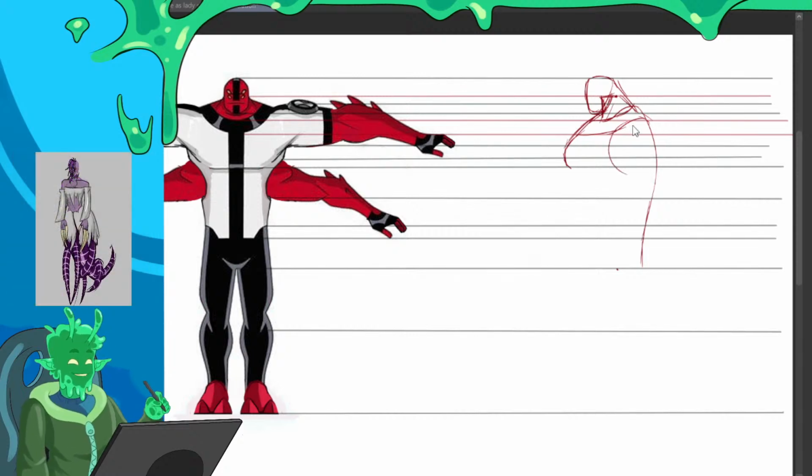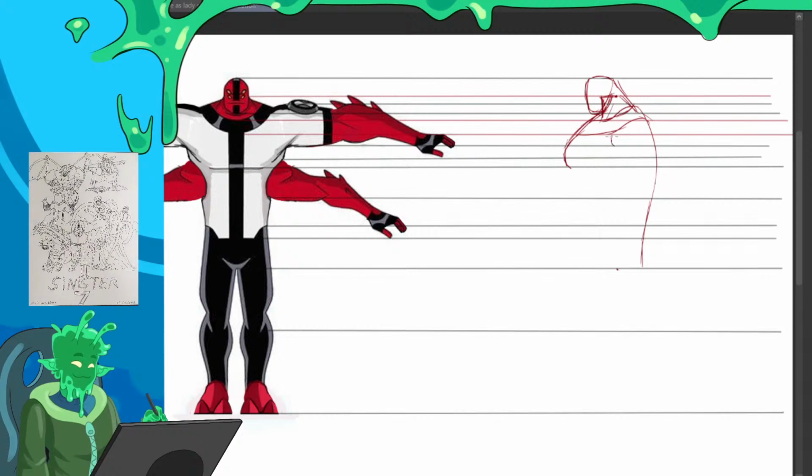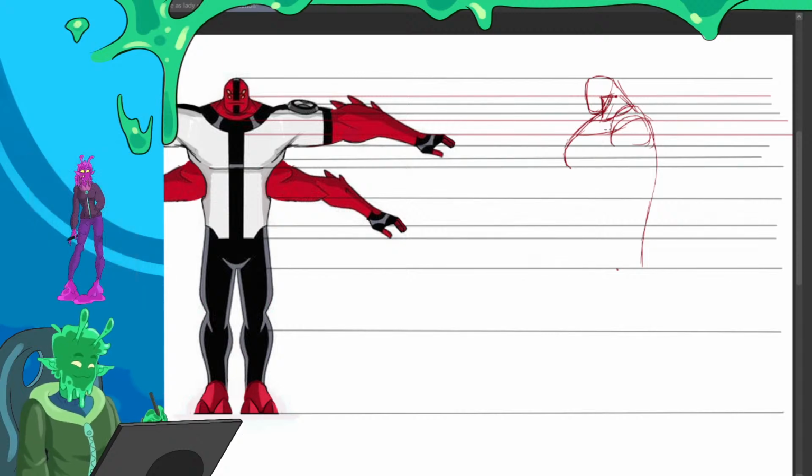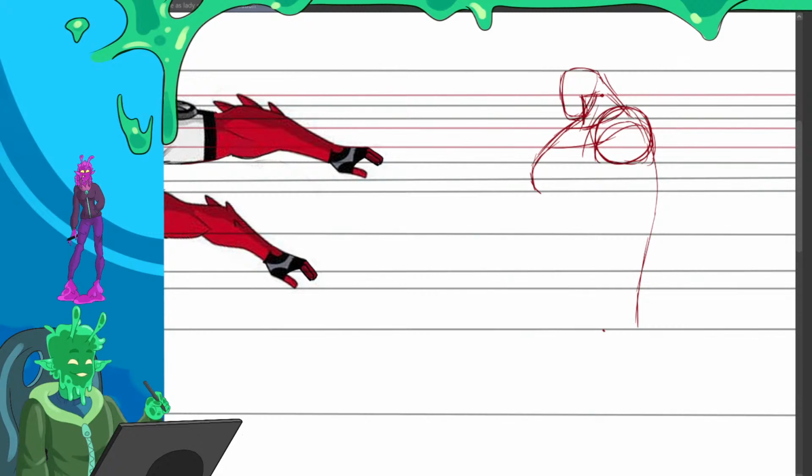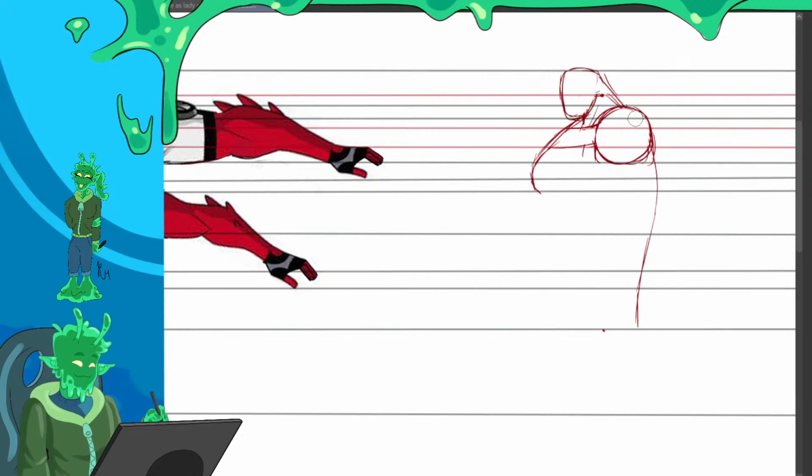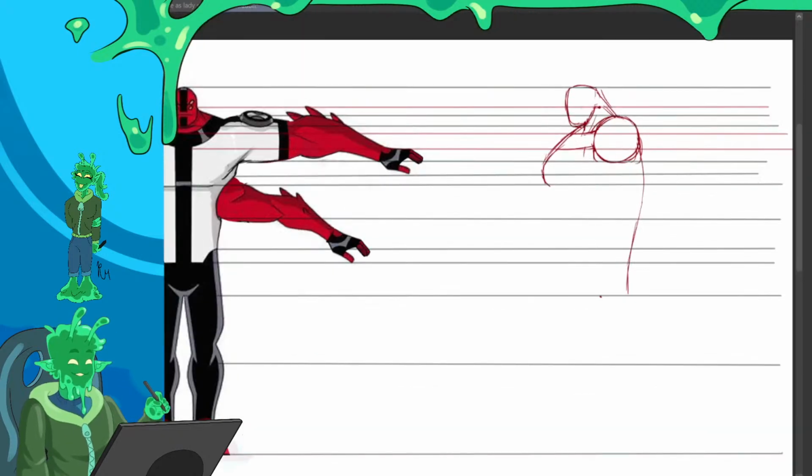Because his shoulder is like here-ish. Top of the shoulder. Oh, the top of the shoulder's here. Ugh. I should have color-coded these as well, but I didn't. I usually do.